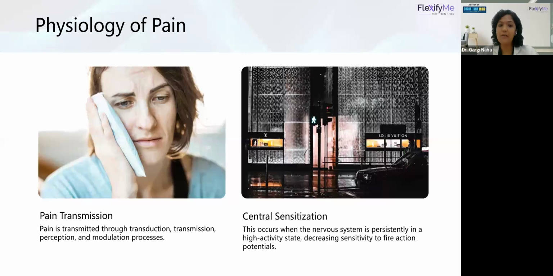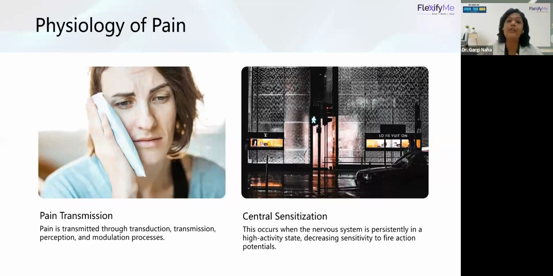Now the fourth process is the modulation process. What is the modulation process? पेन को आइदर हम इनहिबिट कर सकते हैं या तो फिर हम उसे एग्जैजरेट कर सकते हैं, राइट? सो दिस इज कॉल्ड एज मॉड्यूलेशन ऑफ द पेन. नाउ मॉड्यूलेशन ऑफ द पेन कैन हैपन at again 3 levels. A, at the base level, that is your skin or nociceptor level, at your spinal level, या फिर at your brain level.